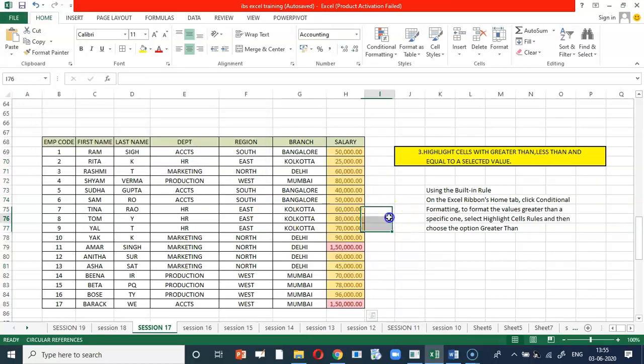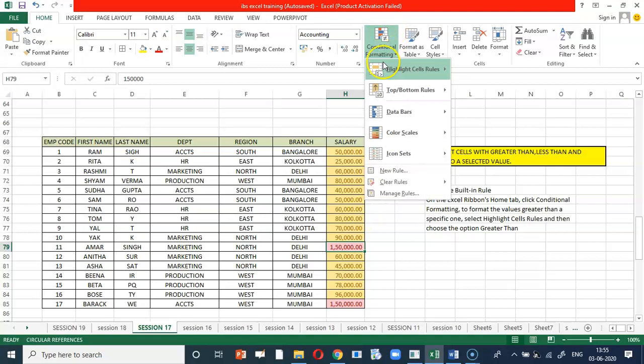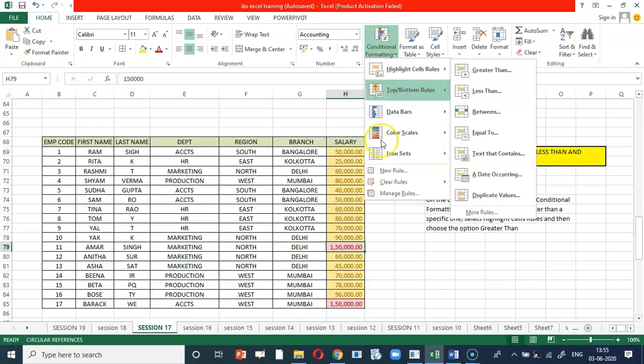If you observe, here very clearly I have segregated the items and the values with respect to above a limit and below a limit. This is a built-in rule very much available under styles under the home tab, wherein I can select the parameter of selection and I can give the formatting as required.